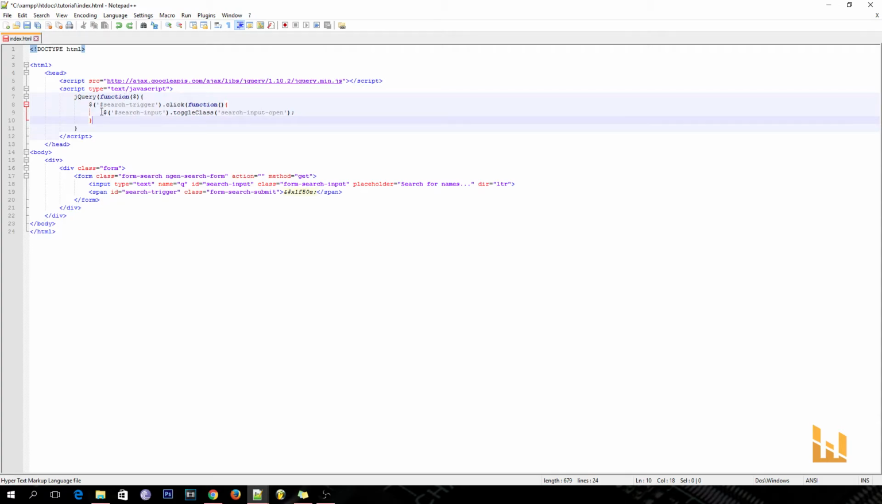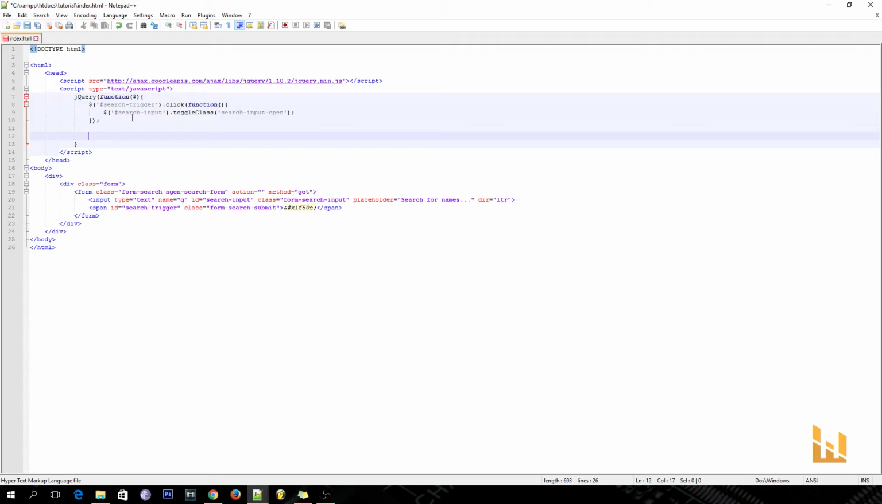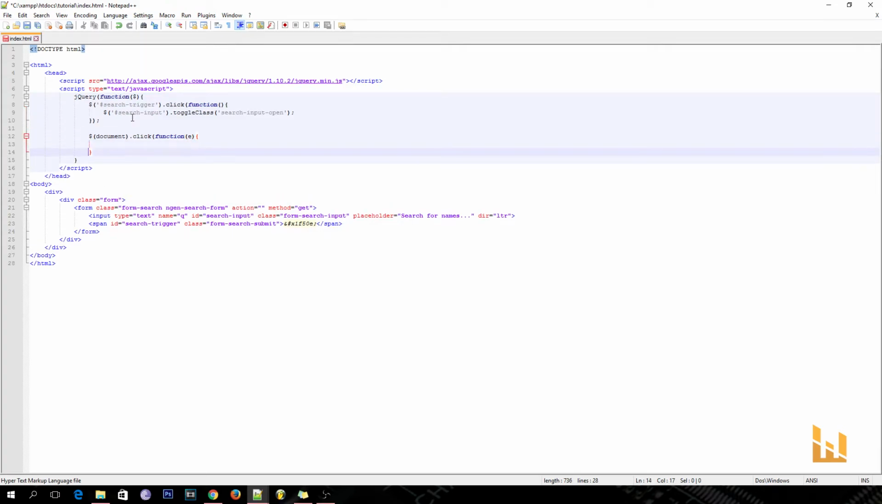So I'm just going to do that, semicolon. Now you're going to press enter twice. I'm going to do another $ sign. Document dot click function E, and you want to do a curly brace, enter twice, if